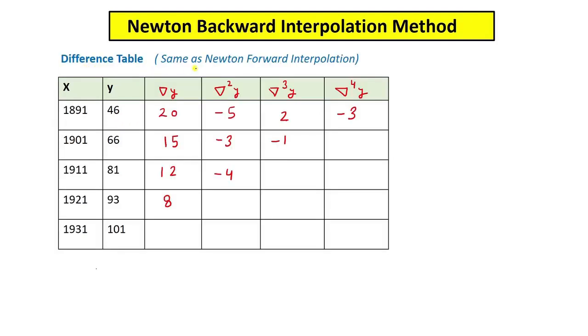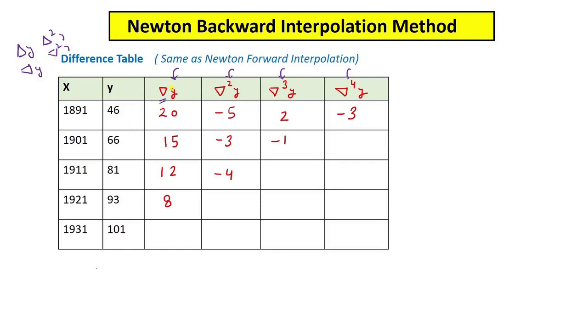So here is our difference table, which is similar to what we saw in the Newton forward interpolation method. Here we can see these are the x values and these are the y values. Using the y values, we will find all these values that you are seeing in red. These differences are written as del y, del square y, del cube y, and del 4 y. In the forward interpolation method, the symbol was the normal del. But in backward interpolation, we are just inverting this symbol: del of y, then del square y, but with the del inverted. Otherwise, there is no difference.